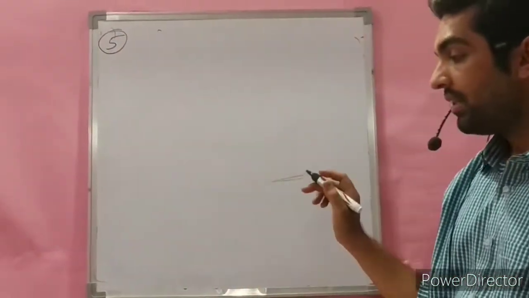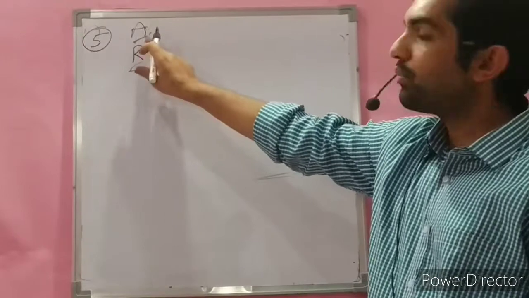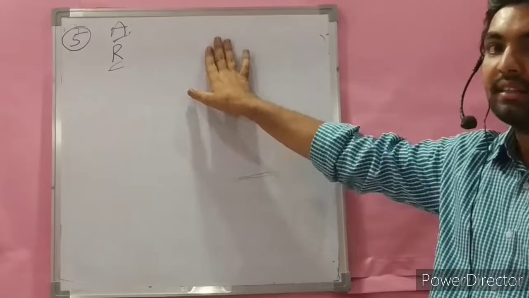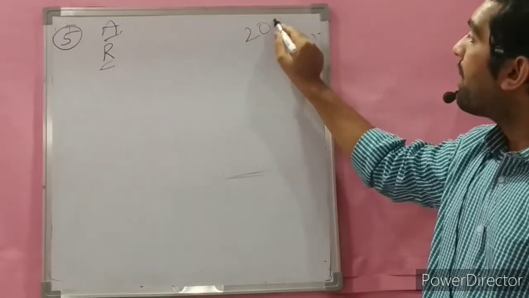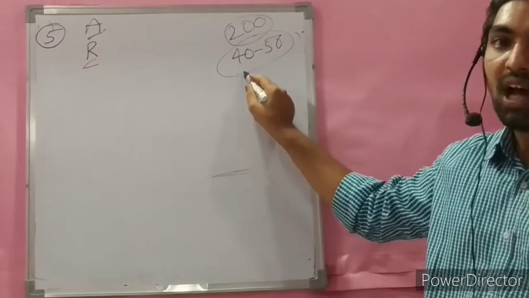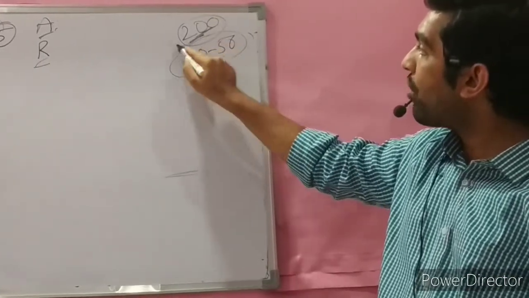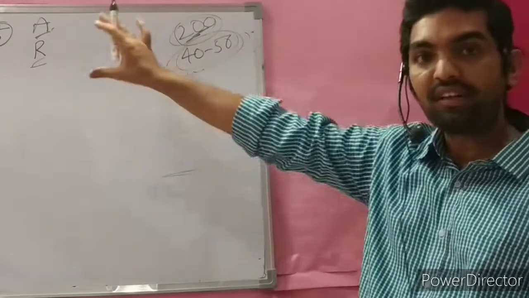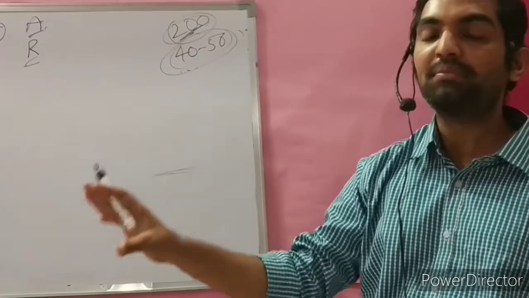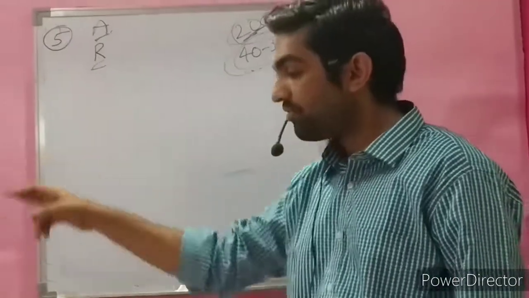Now question number 5. Assertion and reason based question. A and R type. This question type is the most popular in IES. You can find a number of assertion and reasoning questions in paper 1, the objective paper of 200 marks. Among the 200 marks, 40 to 50 marks are given for this A and R type. You need knowledge of the full-length subject to answer these. Now we solve the fifth question.